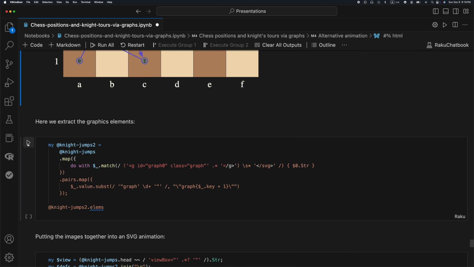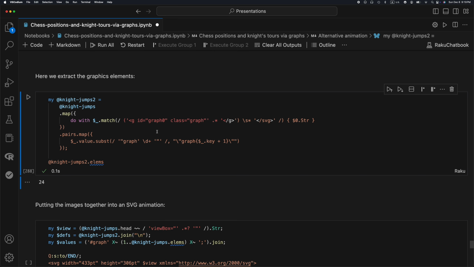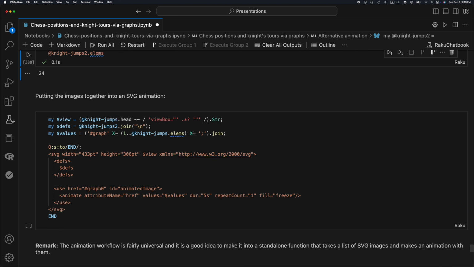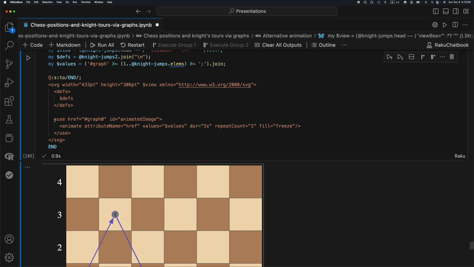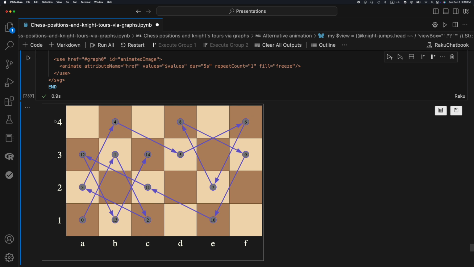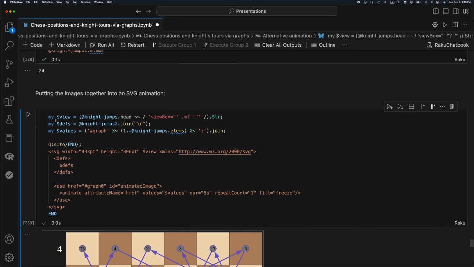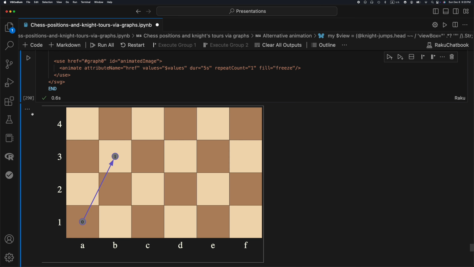And so here I'm making some additional manipulations of the actual graph names, because they all have graph 0 as an ID, and I'm changing the ID to say 0, 1, 2, and so forth, right? This is what is happening here. And we are actually, I think, ready to make the animation plot. So yeah, this is what the animation plot is. Again, this actually is a fairly nice functionality to have in general, as a general solution, not just say for knights and chessboards and whatnot. So I'm going to play this one more time,